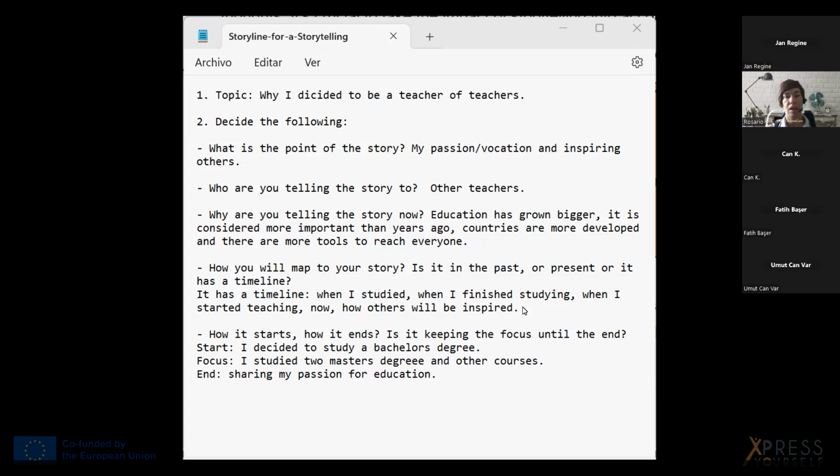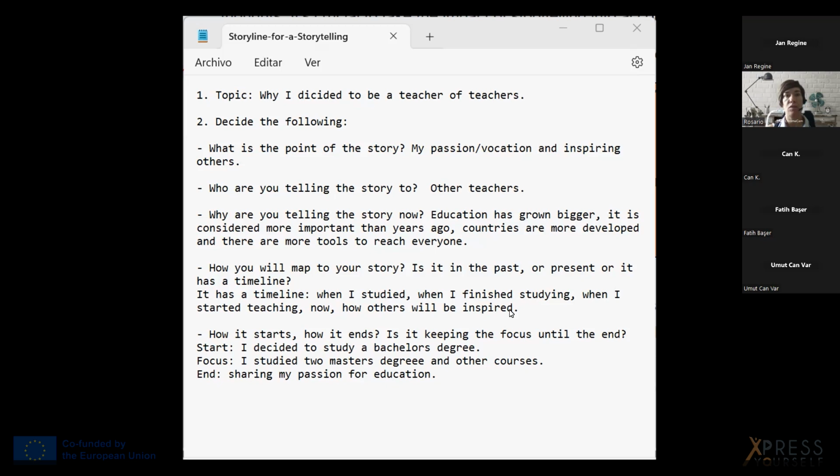Could be any other. When I was born, when I was 20, when I met my husband, and how I had kids and how many kids I have. It can be when I started my project, how the project developed, and then how the project is being spread to other institutions, right? So the story can be anything.